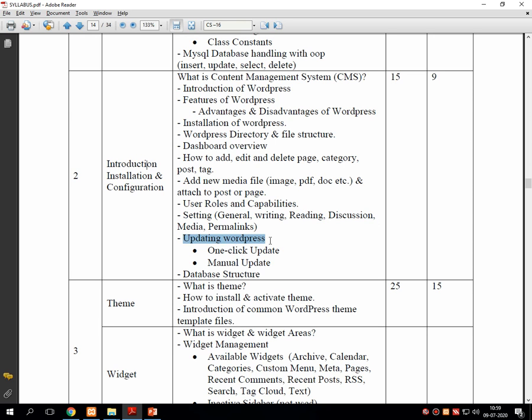Then at last, how can we update the entire WordPress by one click or by manual, and we'll also mention the database structure.